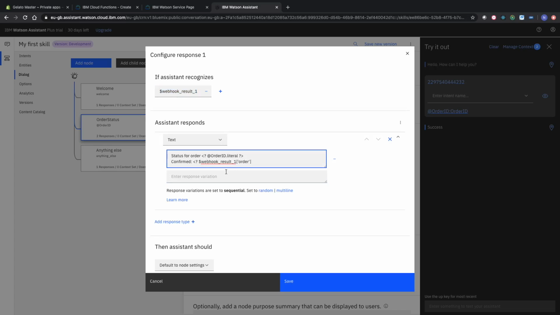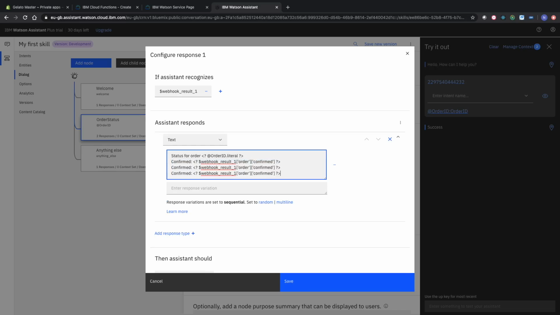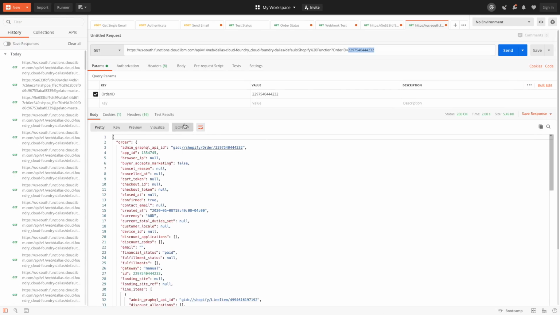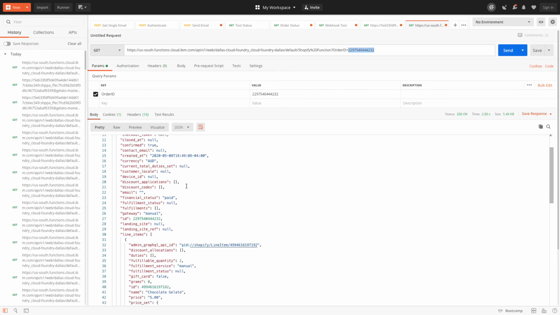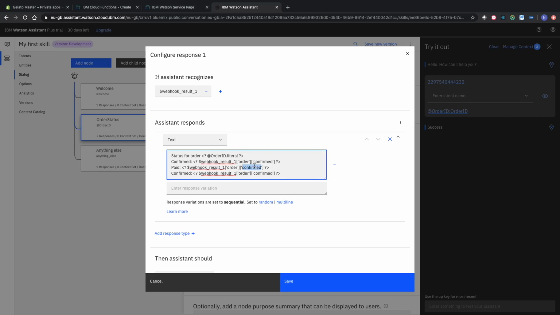So this is just navigating the JSON response that we're getting back from our order status. So we're going to access the order and then grab whether or not it's been confirmed. And then what we'll also return back is whether or not it's been fulfilled and whether or not it's been paid. So let's check whether or not it's been paid. And paid is accessible through the financial status attribute. So let's grab the financial status attribute, and then